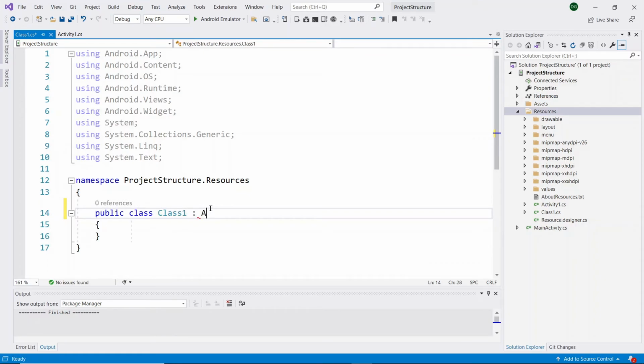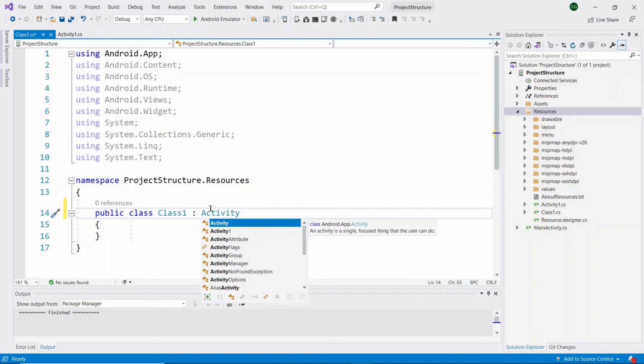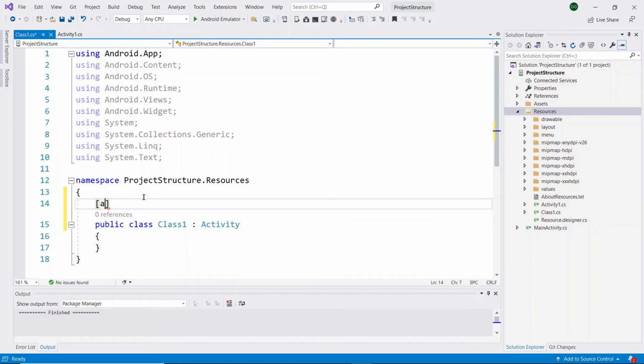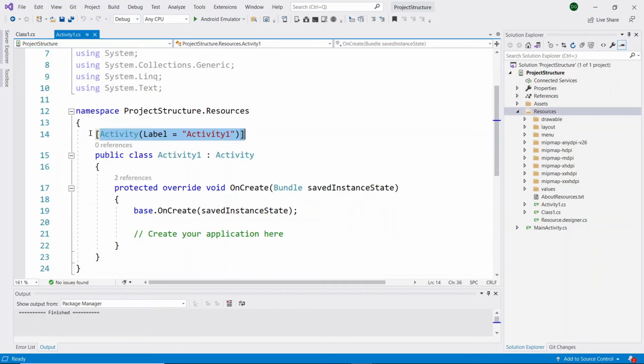We need to write Activity and we need to write the activity attribute. So this is another process of creating an activity. But if you select the Activity C# class without writing any additional code, all of these will be created automatically.